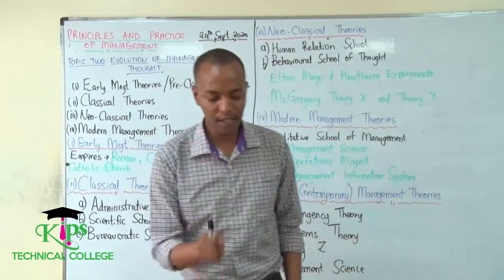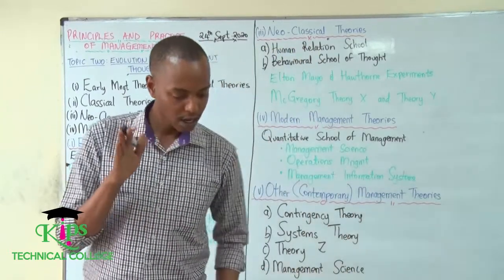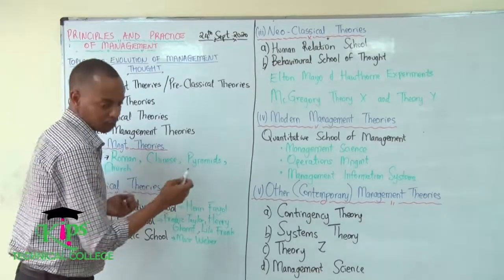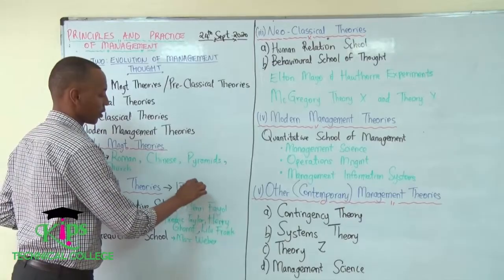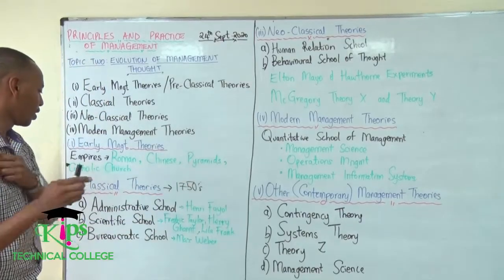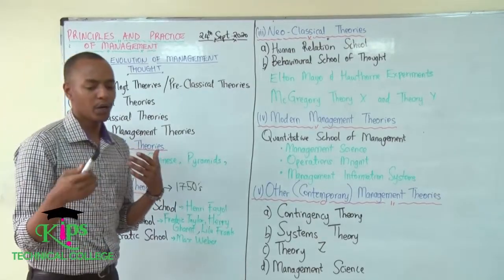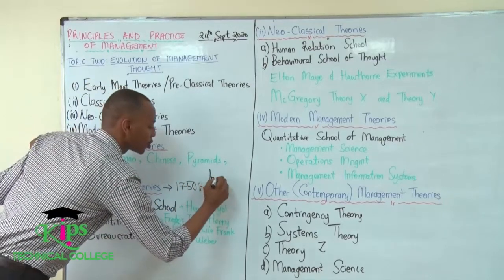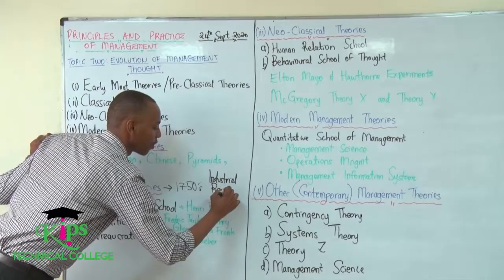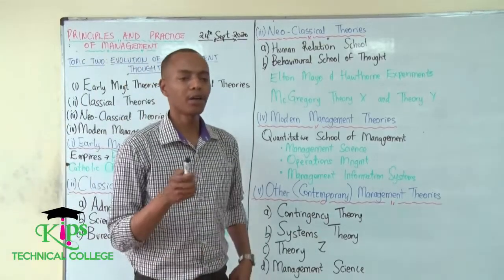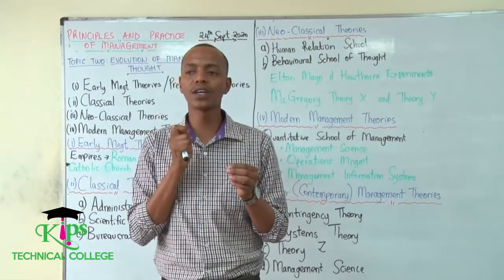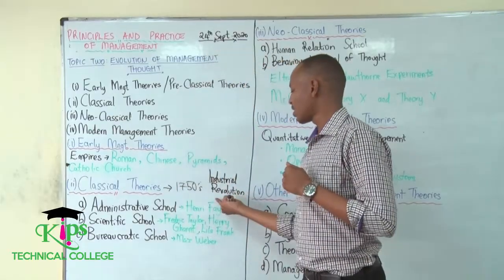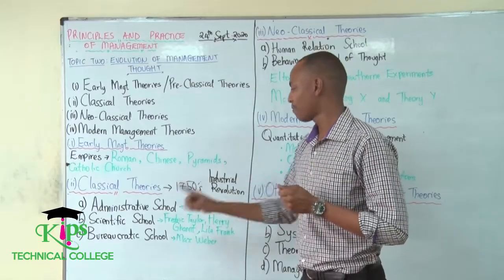So the classical theories. These classical theories started during the second half of the 18th century, starting around the 1750s and so on. People started deciding, wait, there are other ways we can come up with. We can come up with better ways of conducting things. So the classical theories came during the Industrial Revolution. During the Industrial Revolution, people realized that we need some sophisticated ways to do our things. We need some ways that have to be done specifically in a certain way. And what did they do about this? Since the Industrial Revolution was more about the production of goods and services,